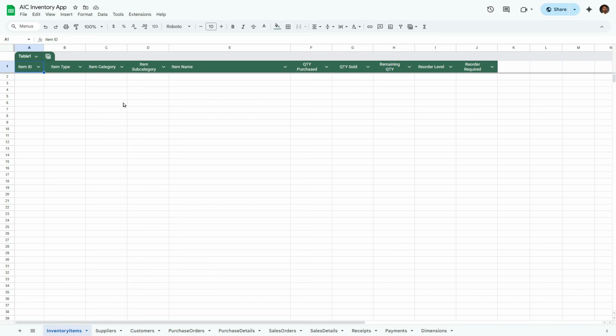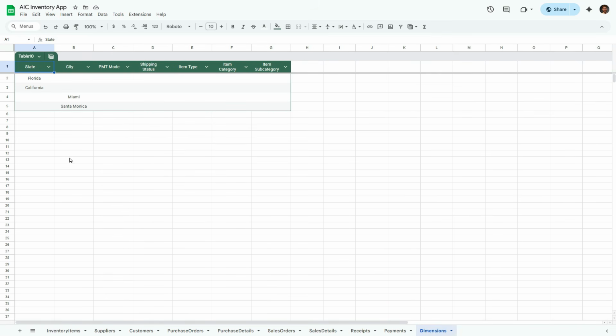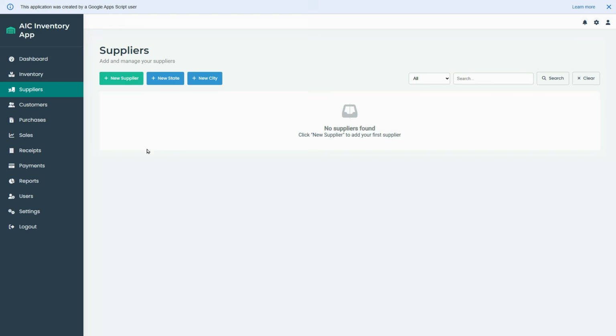Now let's go back to our Google Sheet. And if I click on the dimension sheet, you will see that the states and cities we just added are successfully saved here. Let's head back to our inventory management app and click the New Supplier button to add a